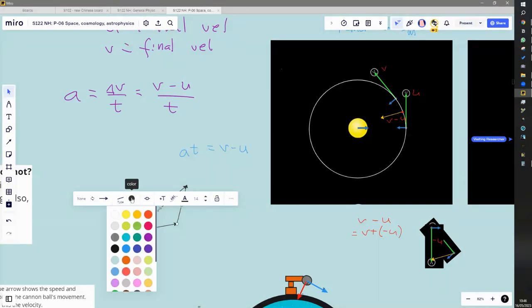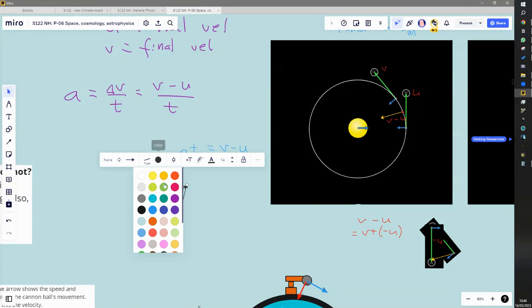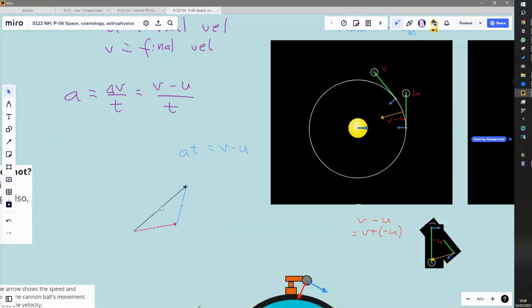So let's give these all different colors. I'll make that one pink, and this obviously would be useful in your maths exam. And I'll make the sum of the two of them green. So just to be clear then,